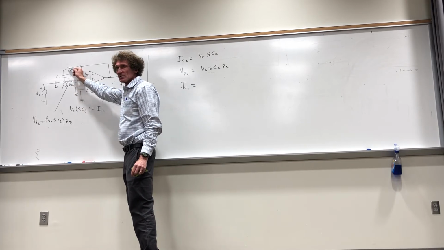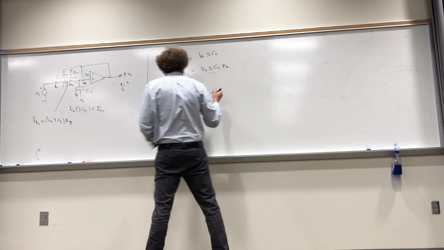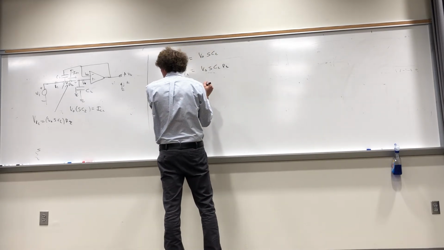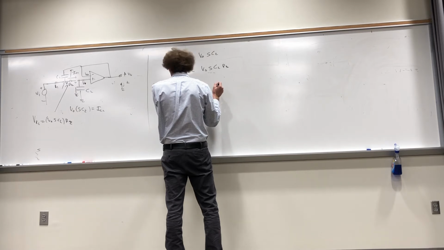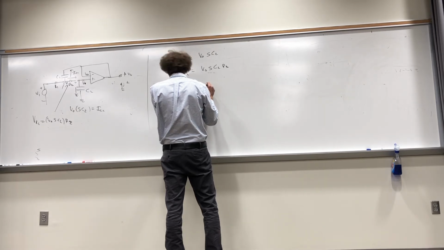Minus V naught's on the other side, correct? So the V naughts go away. So this is just going to be equal to VR2, which is that times SC1. So that's going to be V naught here,